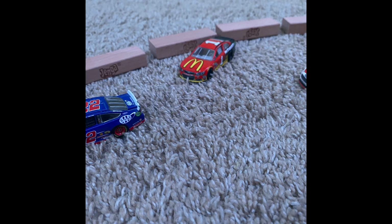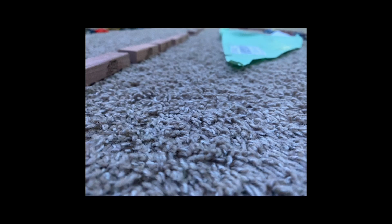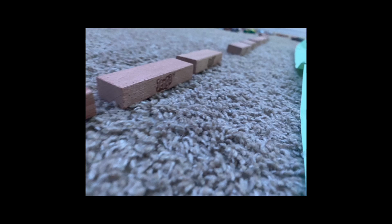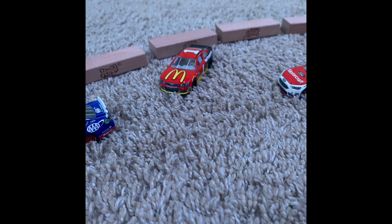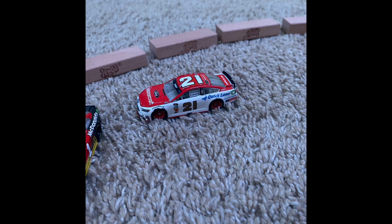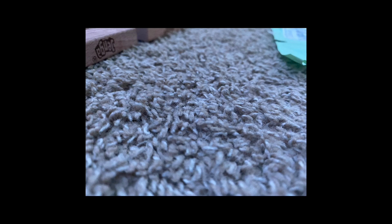Early in stage 2, lap 97 to be exact, Jamie McMurray would get loose on the high side. Here it is right here. Getting loose just like Austin Dillon did, he would slide right to the entrance of pit road. Here it is in slow motion. See McMurray just trying to ride that outside line and got loose, and a good job by Ryan Blaney to avoid that incident. And then after that, it would stay calm for the rest of the stage,